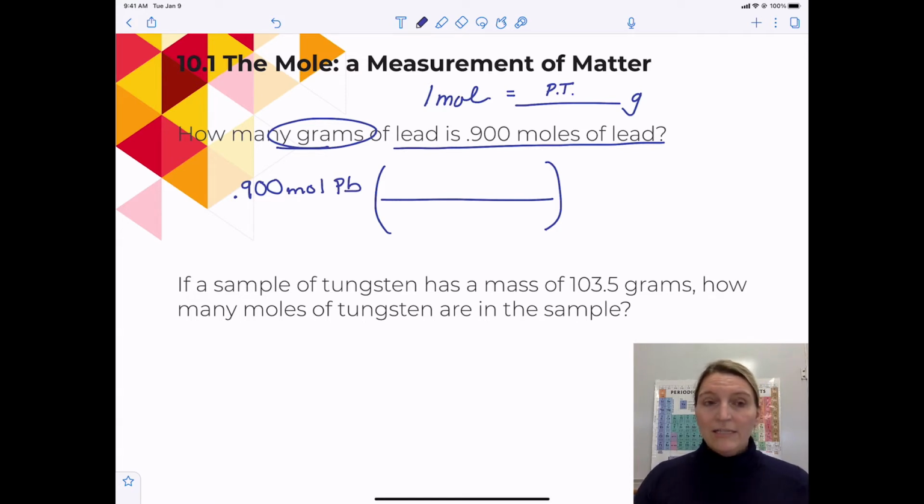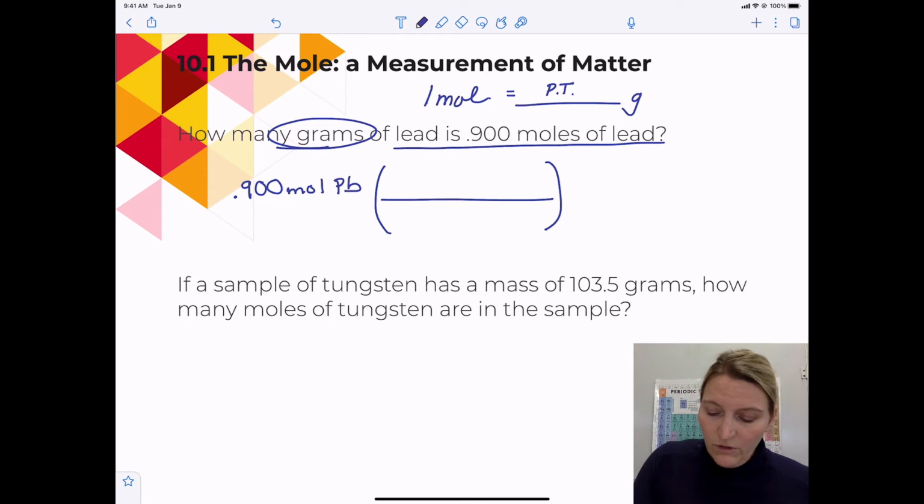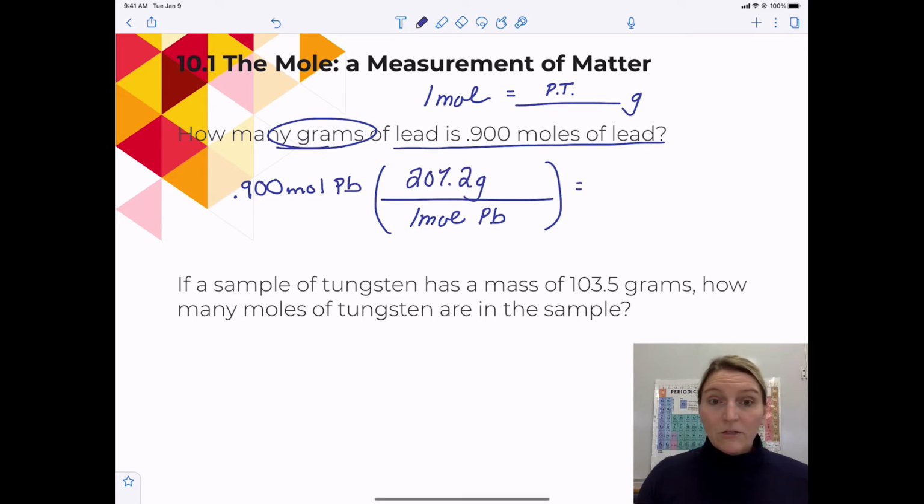Lead is a transition metal. Lead's right here. And so it's 207.2. So that means 1 mole of lead will have a mass of 207.2 grams. And this is what I plug into my calculator. 0.900 times 207.2 divided by 1, which we don't have to put the divided by 1 in. And my calculator gives me